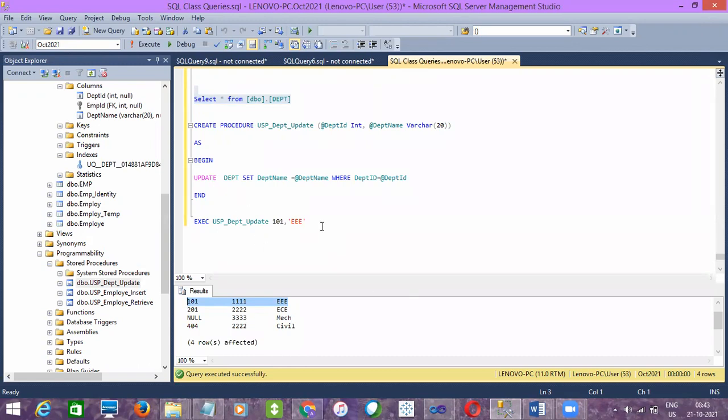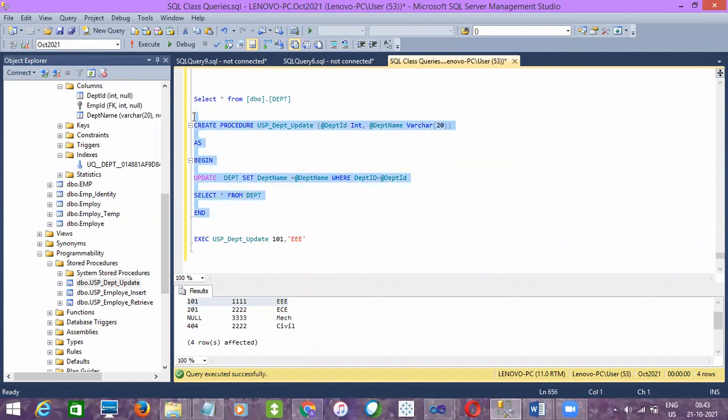See, let's say I have updated data, right? After that, if I want to select data once I update it, you can also write here select star from. That's up to your requirement. Okay, it's not like always we should update, always we should insert, right? To change the procedure code once after you create, you just need to change this create to alter.